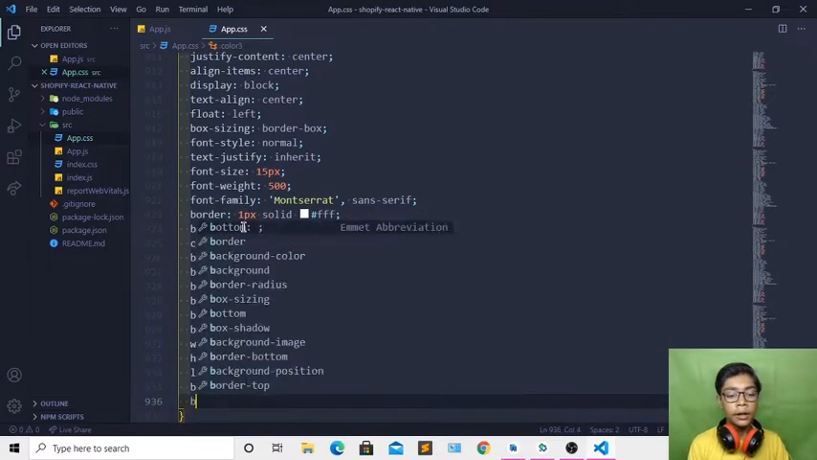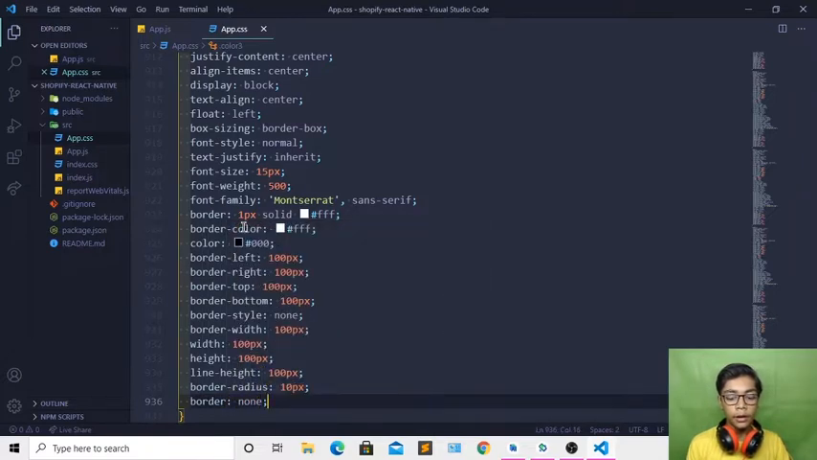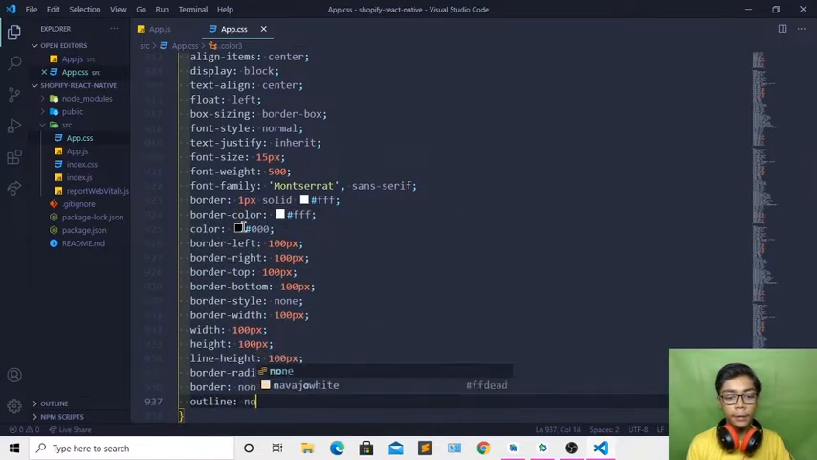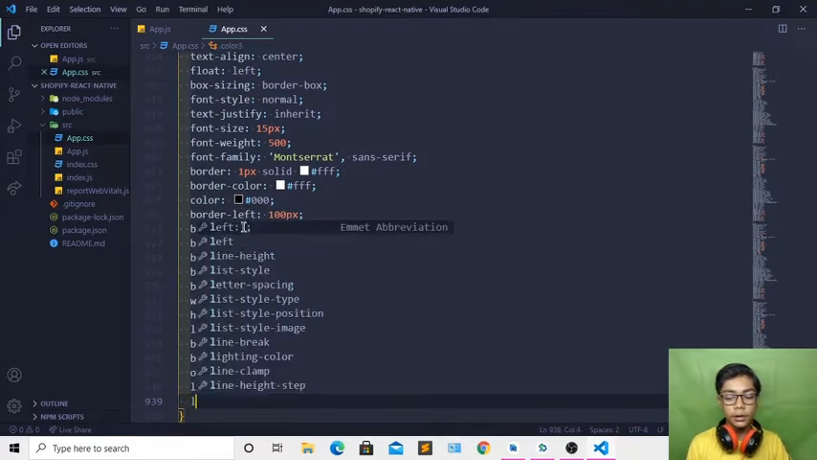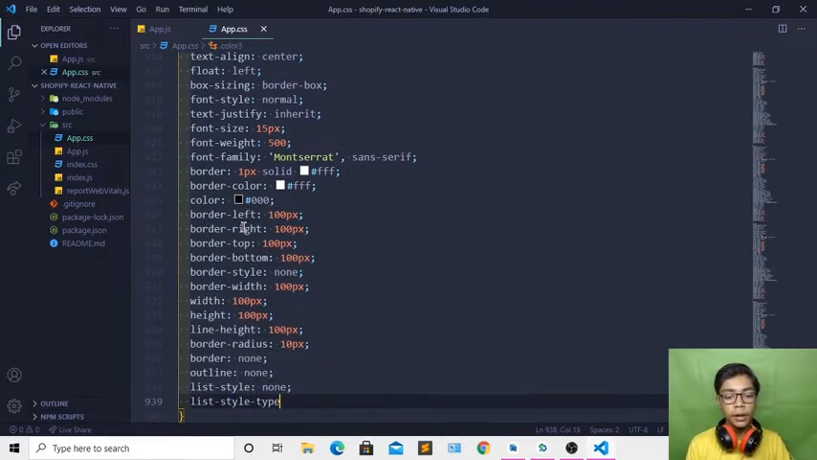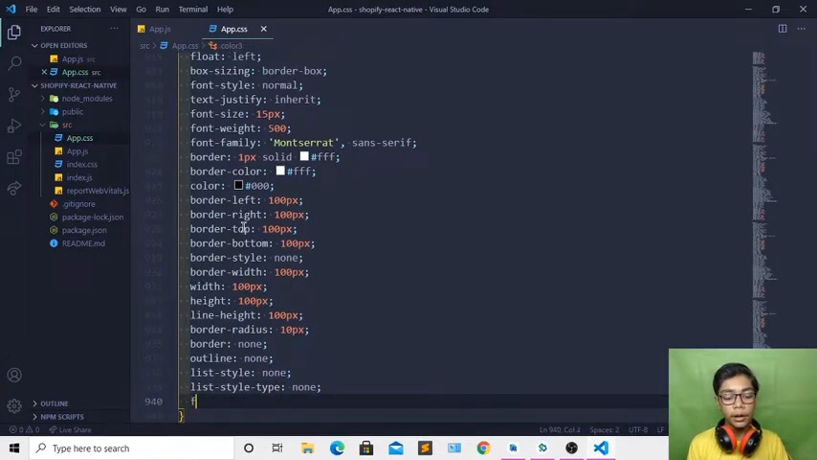Then create a tag, border none. Then create outline none, and I will also be creating list-style none, and list-style-type none. So I will be writing that. Okay, so when you've done all that, I will be coming underneath creating a tag which should